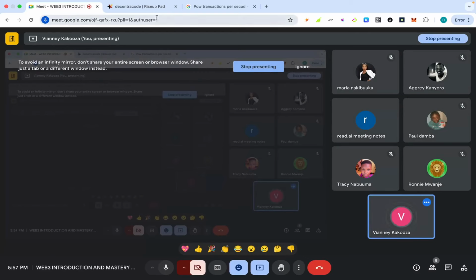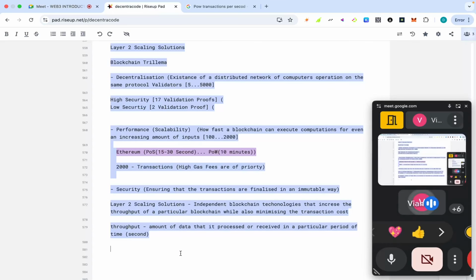Okay, no feedback. So essentially, what throughput is, is how much information can go through this particular channel in a particular second. Now there are so many variables there: it depends on the size of the channel, and on the mechanism by which data goes through the channel. Now, to put that in the context of blockchain,